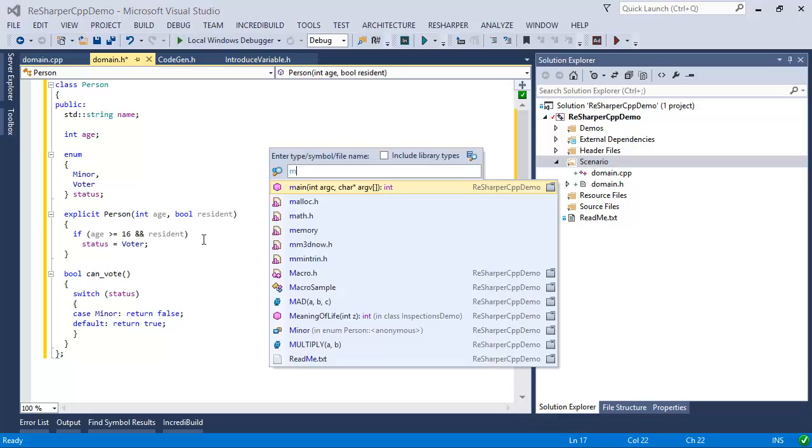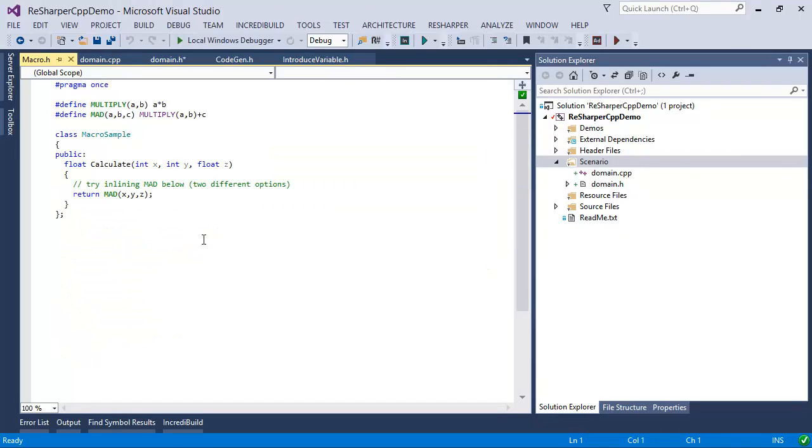Now let's take a look at something different. Let's take a look at the macro support in ReSharper. So essentially here I have two macros. I have a multiply macro that multiplies two values, and I have a multiply and add macro that leverages the multiply macro. And if I navigate to the actual location where the top level macro is being used,